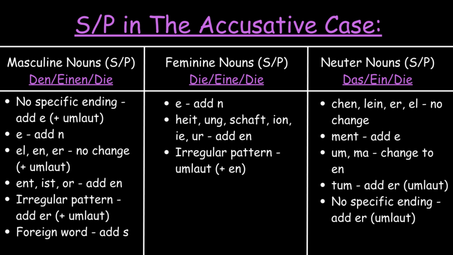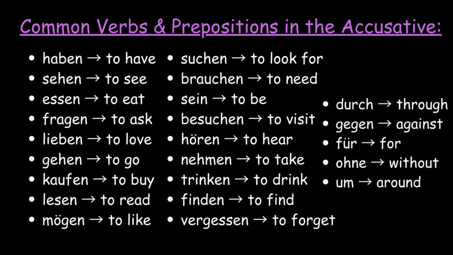Along with nouns and articles, the accusative uses the following common verbs: haben, sehen, essen, fragen, lieben, gehen, kaufen, lesen, mögen, suchen, brauchen, sein, besuchen, holen, nehmen, trinken, finden, vergessen. The accusative also works with the following prepositions: durch, gegen, vor, ohne,